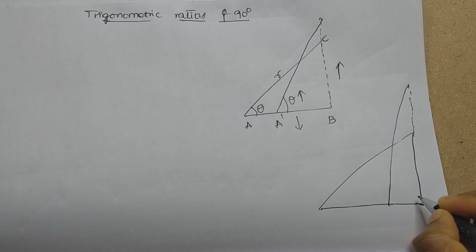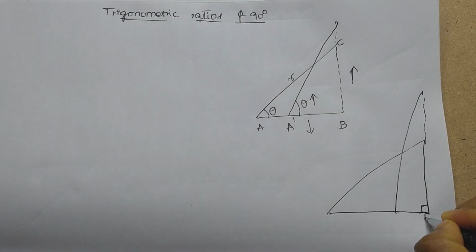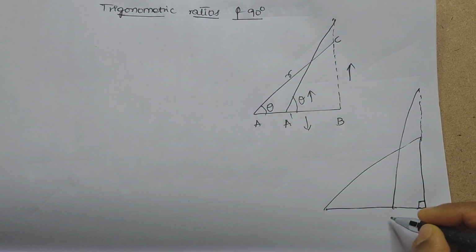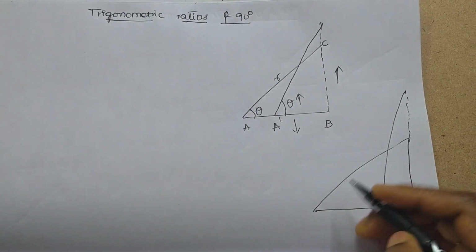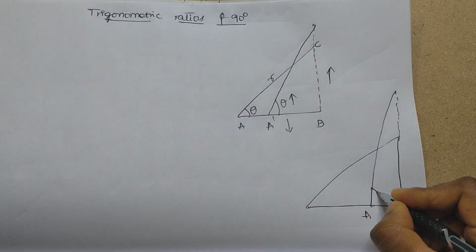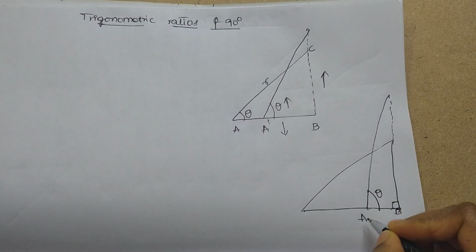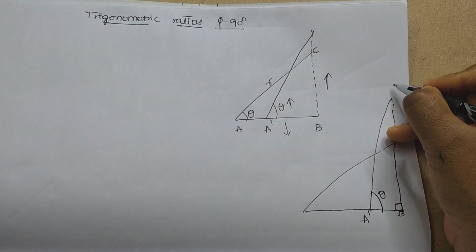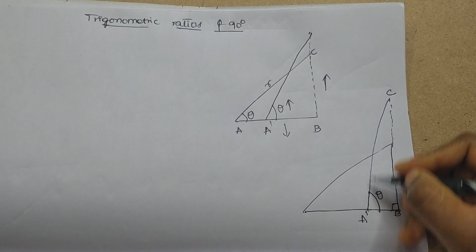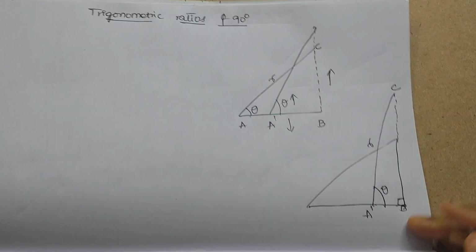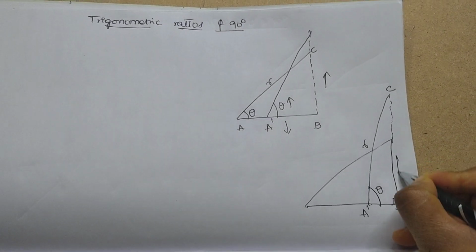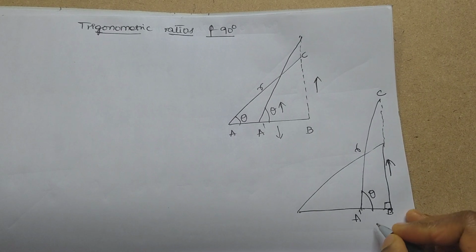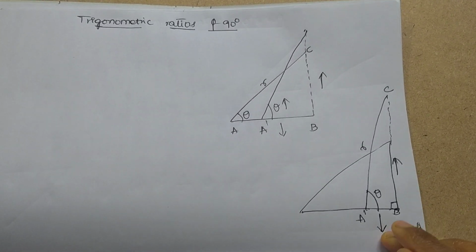Here the height will be increased, but the angle B remains the same. A dash will be changed. Here it moves to here. The theta is increased drastically. This becomes A dash. See, the length of the ladder remains the same. It will be R only. And you see here the theta is increased much more. Height is also increased, but this base level length is decreased.